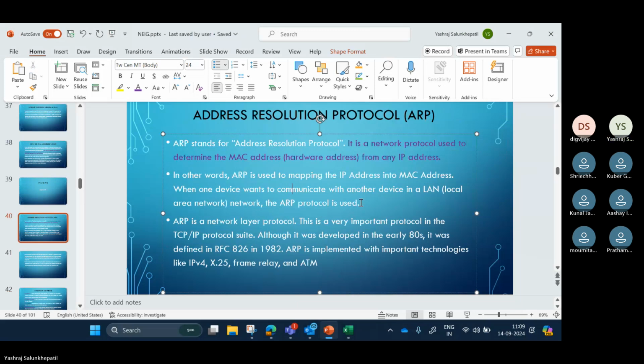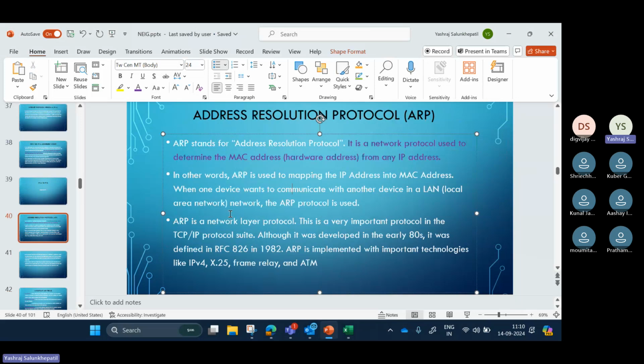Okay. ARP is a local area network protocol and not a layer 3 or internet protocol or between networks wala protocol. Okay, it is not a WAN protocol, it is a LAN protocol, local area network protocol.